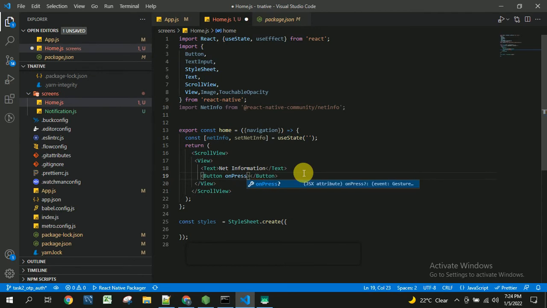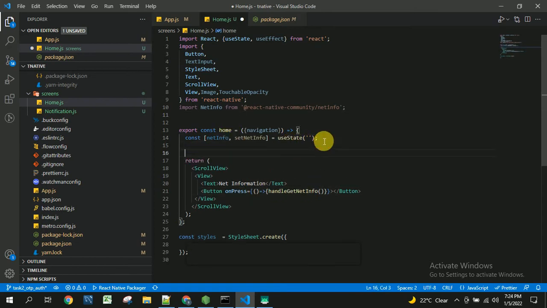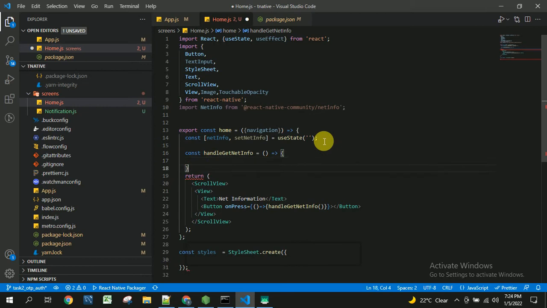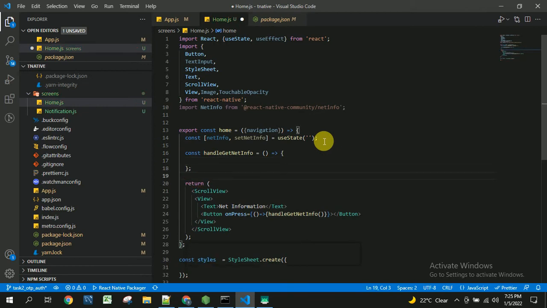So once the user clicks on this button, the onPress event handler will be called, and we will be calling the handleGetNetworkInformation method. So we are going to create a method here. This is an arrow function. By using arrow functions, we are creating the method in this functional component.